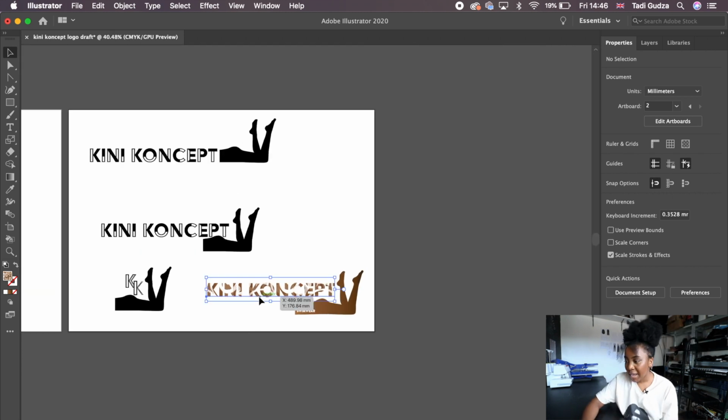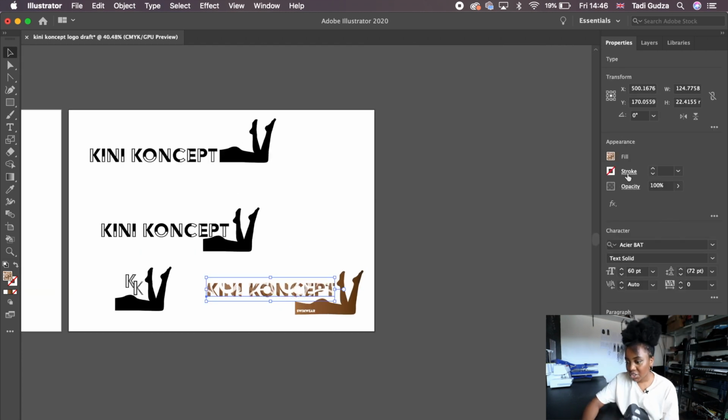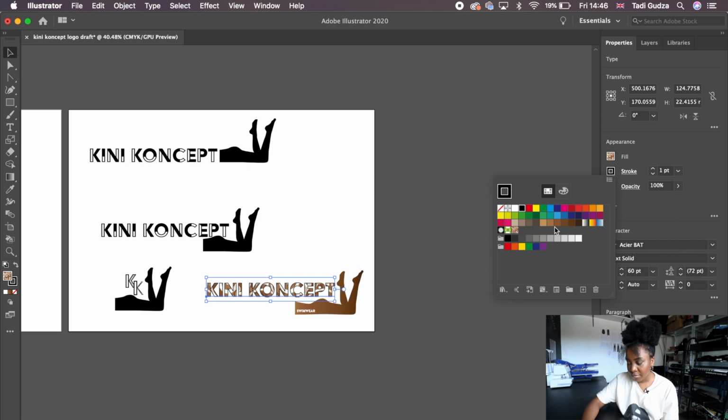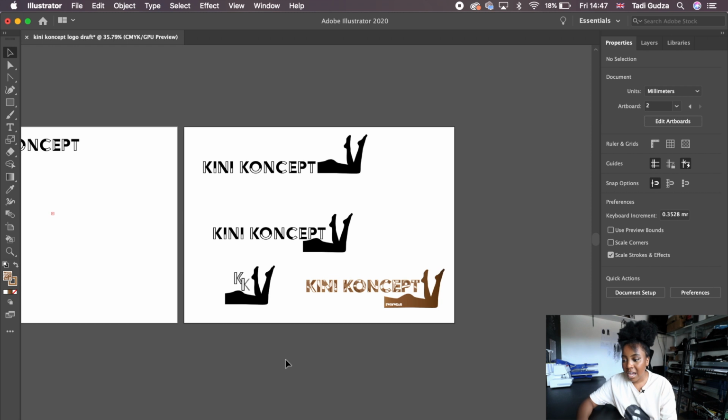I quite like that. I might actually add a stroke just so that the bikini concept is a little bit clearer, but I'm not going to have it in black. I'm going to go for a brown color. And there we go. I kind of want to build on this a little bit more. So I'm going to take this whole thing,